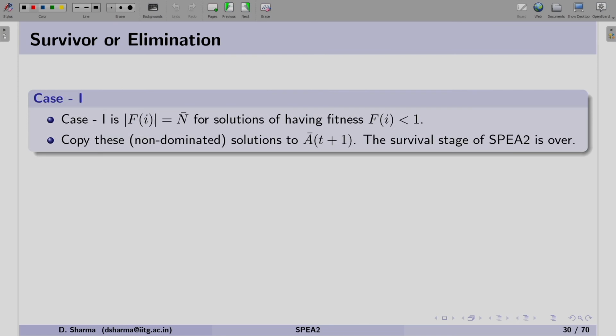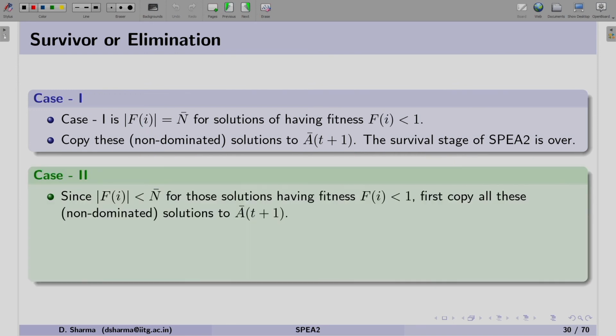So, let us see how we can do it. In case 1, when the number of non-dominated solutions is the same as the archive size, we copy all these non-dominated solutions to the archive, and at this stage the survival stage of SPEA2 is over.